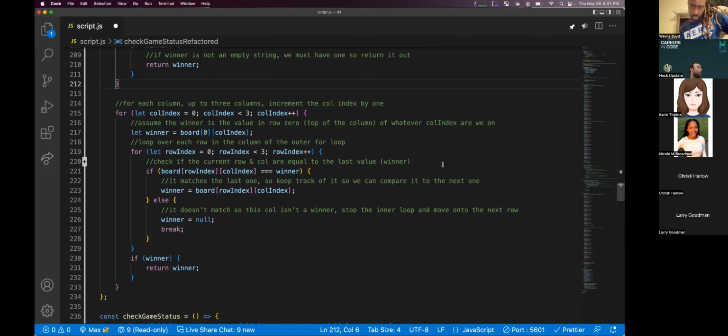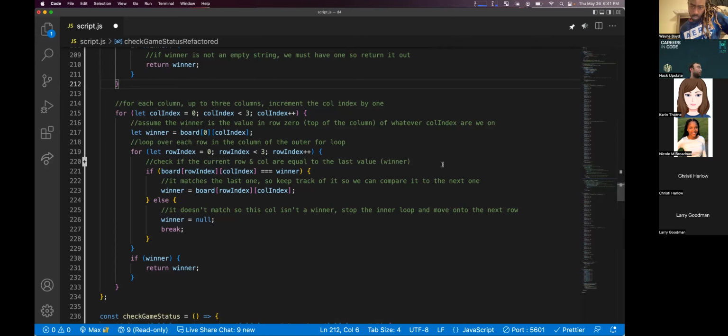And so the important thing here is that not only do we have comments left in here, because this is some code that I would come back to and be like, it's going to take me a minute to figure it out. So sometimes it's beneficial to even do a block comment and say, check all the rows column by column to see if there is a winner.